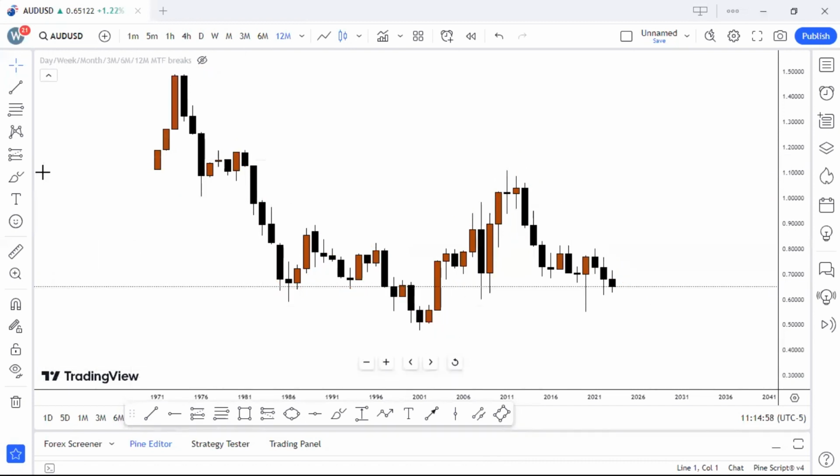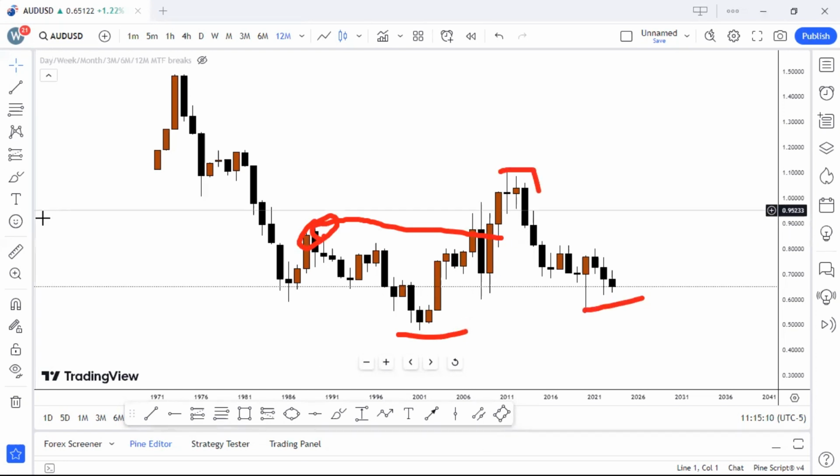From this point of view, we've gotten this higher high because this is a high that made this low. We made a higher high. So we are now here. Now from this junction,